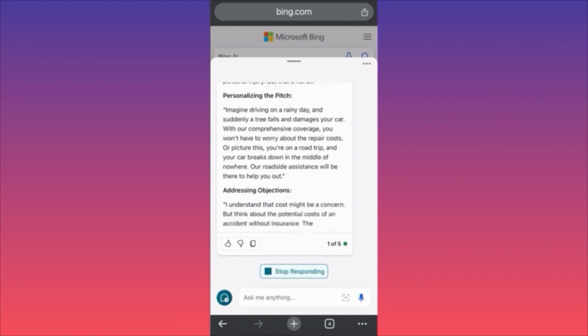Anyway, I think we got plenty of replies and we got the point proven that this is how you can utilize the Copilot from Microsoft AI to create not only a business plan, business strategy, but you could also create a